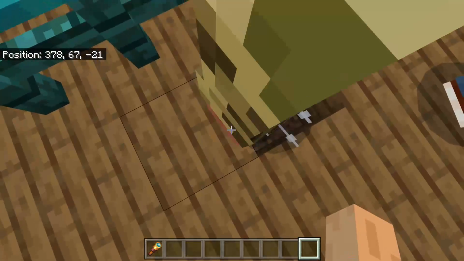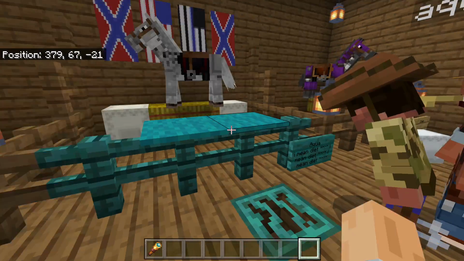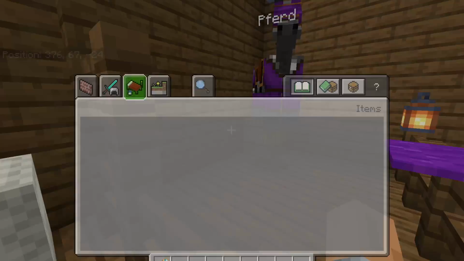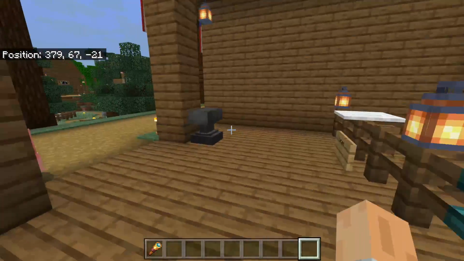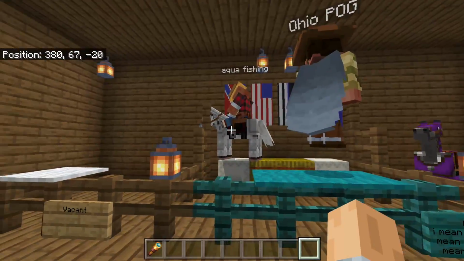How do you change the color of your thing? Like the saddle? You can't do that. You can dye it, though. Oh, that's leather horse armor. You can dye leather horse armor. Oh, okay. That's why there used to be a cauldron. I don't know where it went, but...